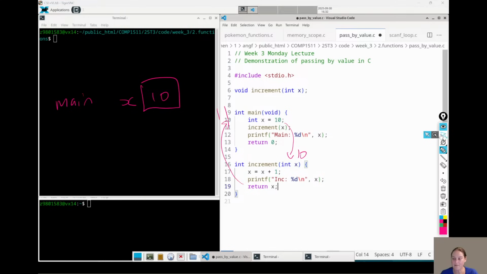But the main would then have to make sure it uses that. It has to go and update its variable. So the main would get back the 11 and it would put it in its variable. So this is how we could do it to make it work. So yeah, that's a good idea.